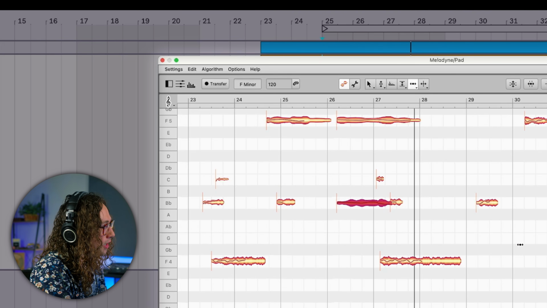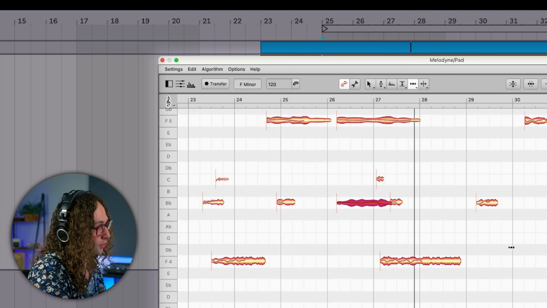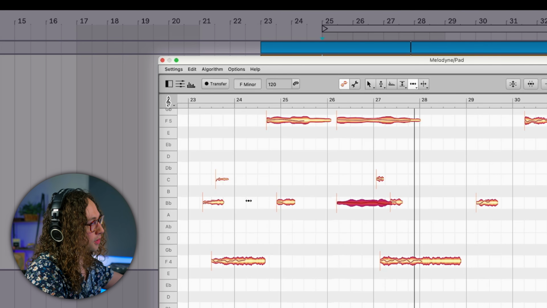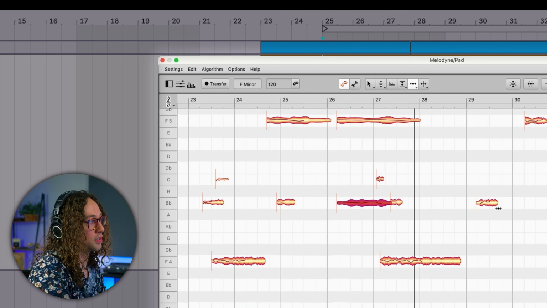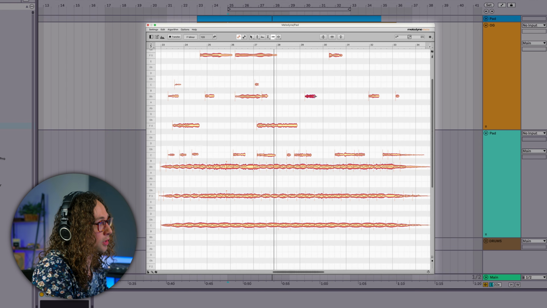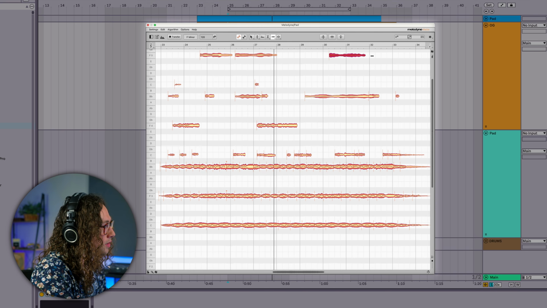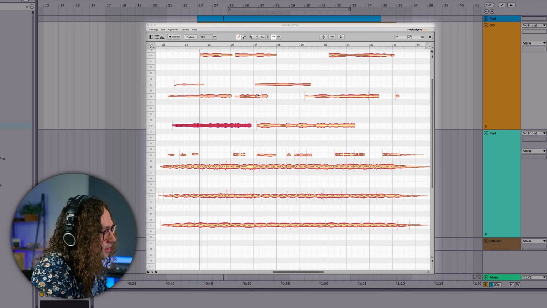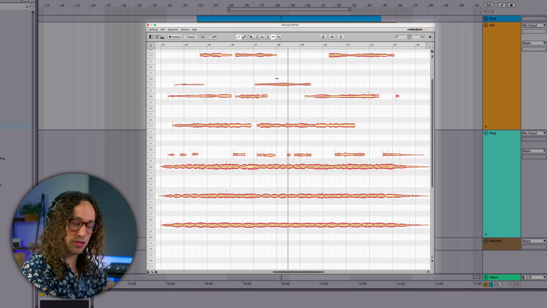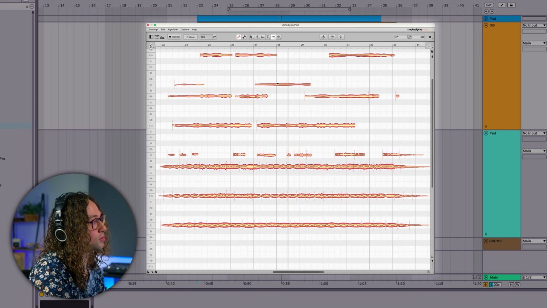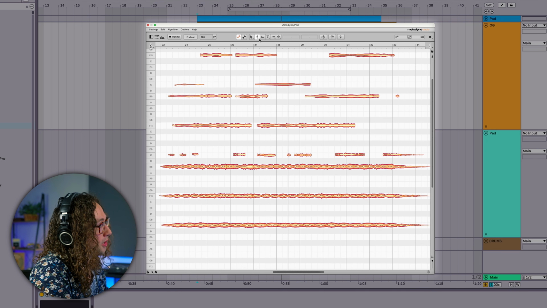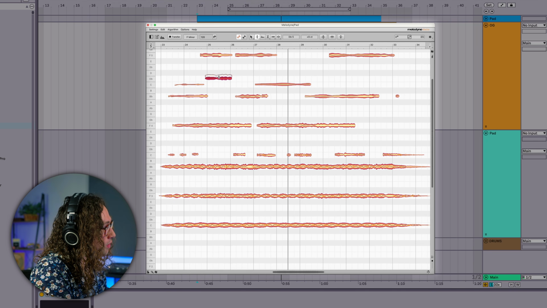And you'll notice too that even though we kind of randomly did it, the configuration of the different blobs gives us some ideas for different rhythms and different ways that we can stretch out the sound. So if I just stretch some of these out, you'll notice that this doesn't sound too different from the original because we haven't made too many drastic changes to the harmonics. But now if we open up the pitch tool here and we just start moving things around,